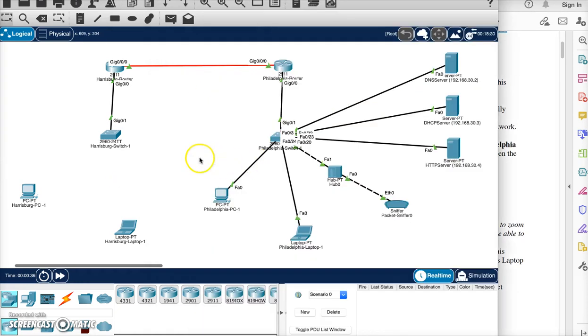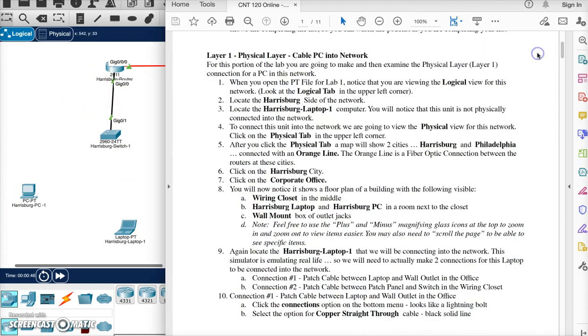So we see here a network with a Philadelphia router, Philadelphia switch, and stuff at the Philadelphia site. And we also have a router, switch, and PCs at the Harrisburg site. That's what we have going on. So right here, once we've opened the Packet Tracer file, we'll notice that we're viewing the logical layout. This is the logical part of my network. We are going to focus in on